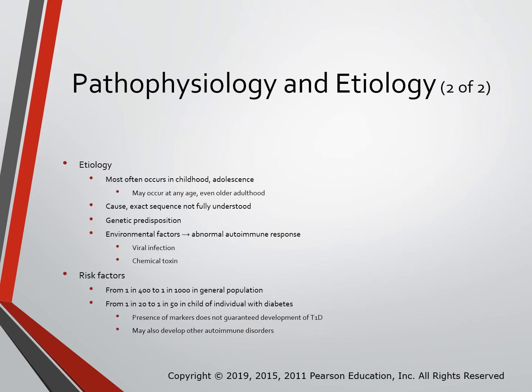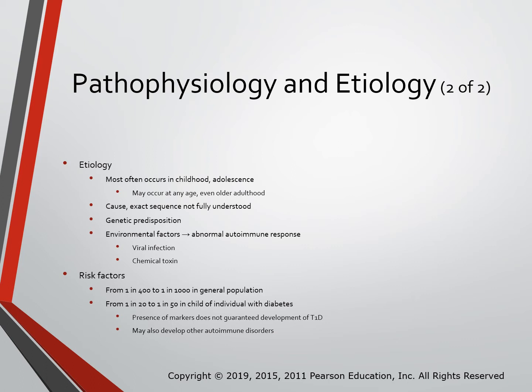So what are the causes? The onset of type 1 most often occurs in childhood and adolescence, but it can occur at any age, even in your later age of life. The actual cause and exact sequence is not really understood. Genetics play a role. Again, this is a genetic disorder. It can also be triggered by viral infections such as mumps, rubella, Coxsackie virus, chemical toxins that are found in